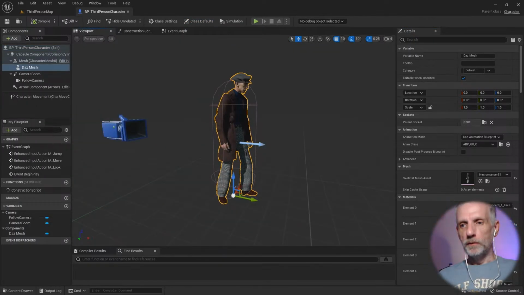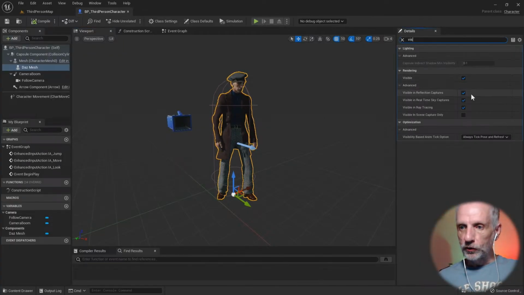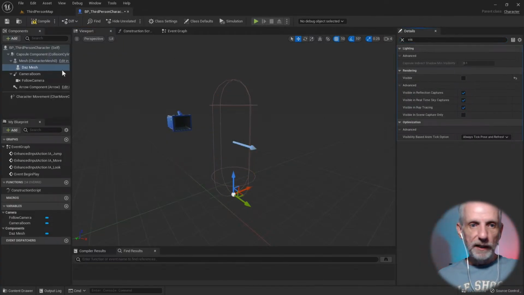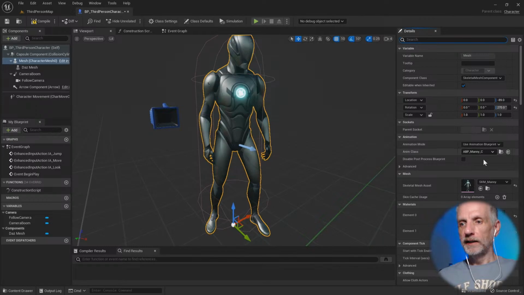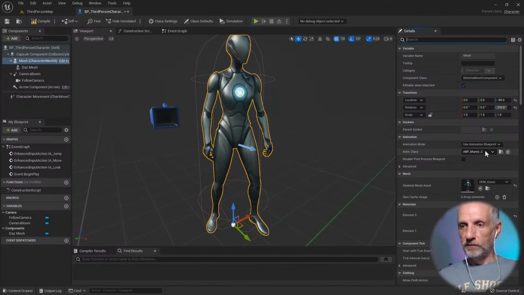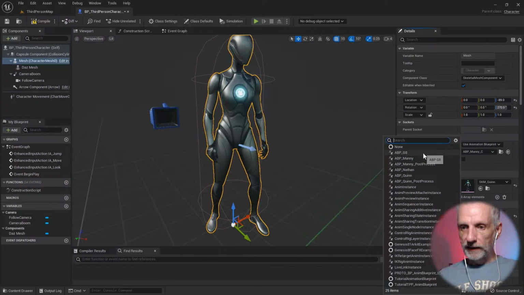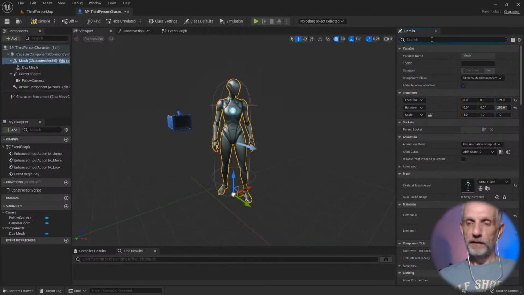So instead of you, we're going to basically have to do the reverse first of all and change, just because I'm a belt and braces kind of guy, I want to go and change the Manny character here back into Quinn. That's the female, and then change that into ABP Quinn as well. There we go. Those are the female animations now. And now I can go and